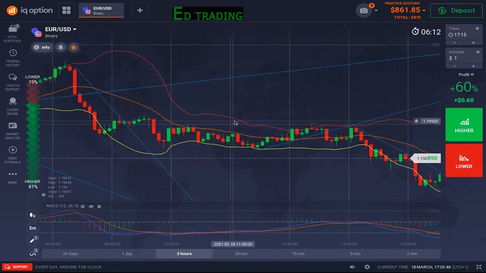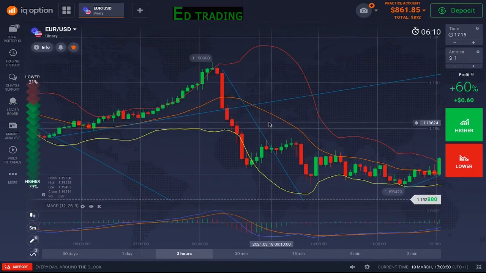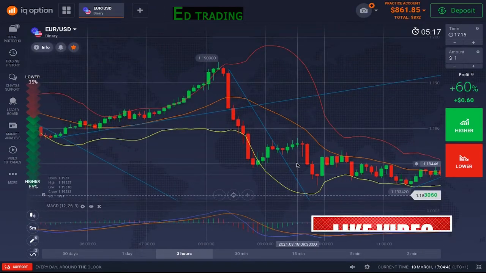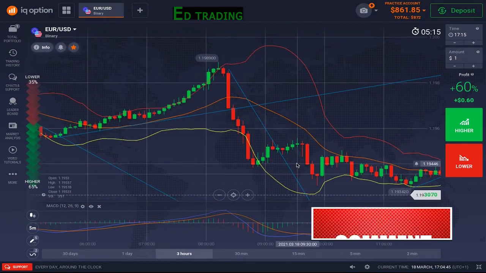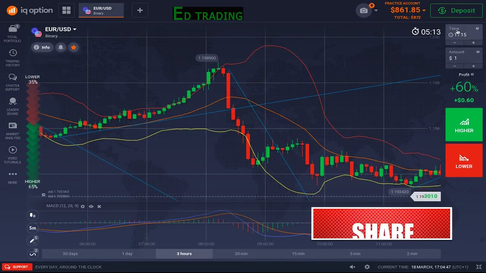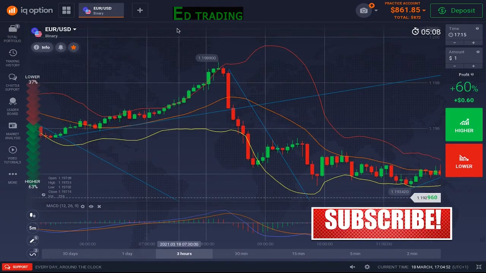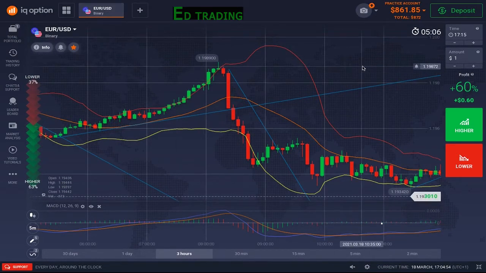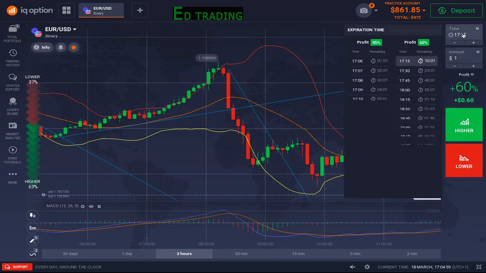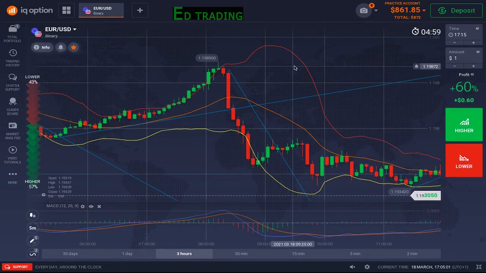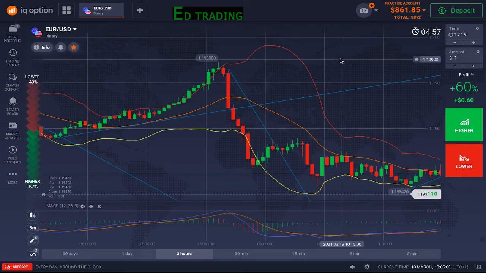So this is how the strategy works. It's a very, very profitable strategy. One thing you need to know about this strategy is, especially for those using the IQ Option platform, when you want to use 15 minutes time on Euro USD, the time is so complicated, it's so confusing, especially for beginners. Anytime you want to trade this strategy,